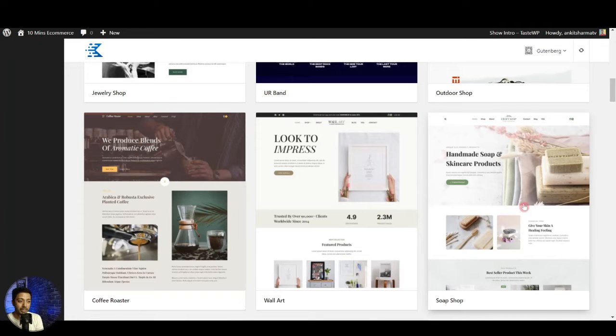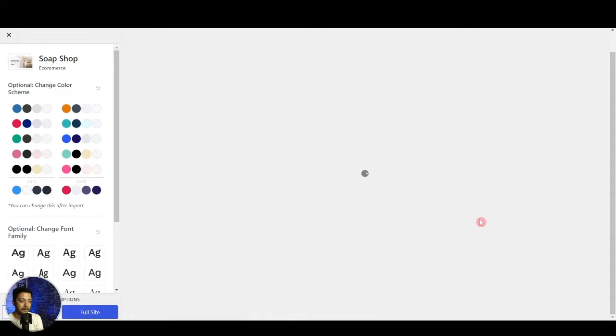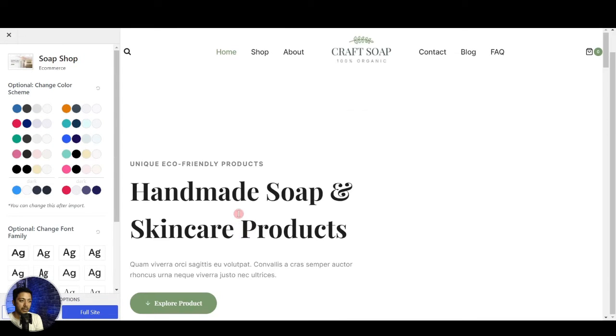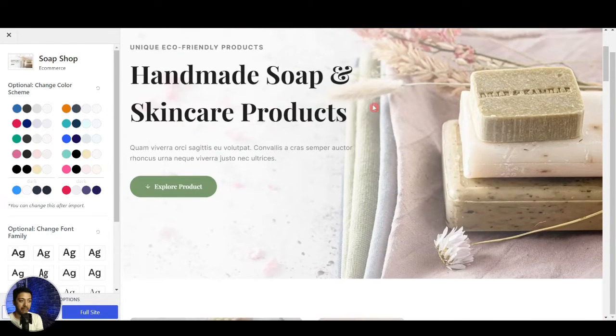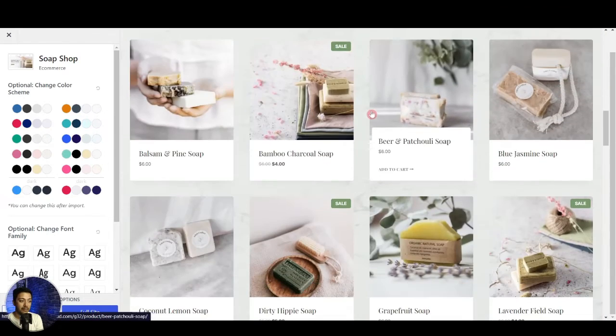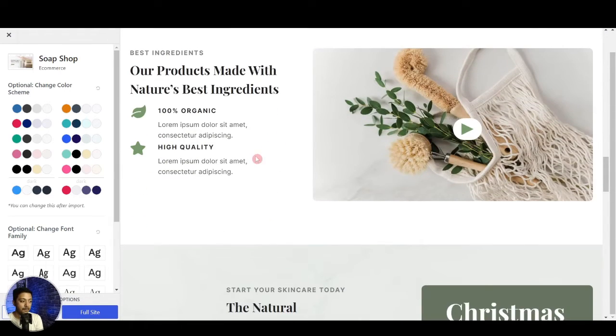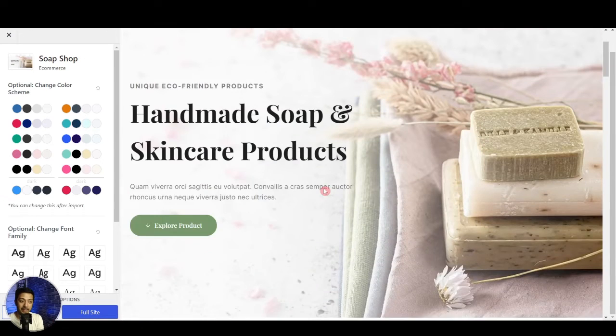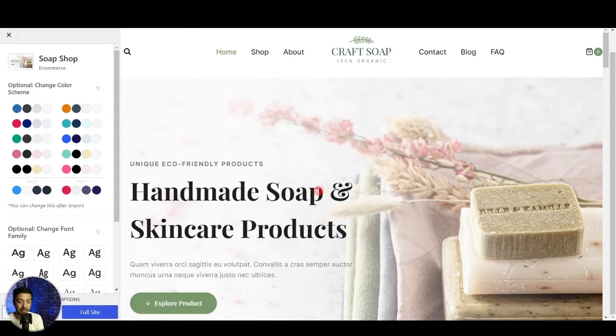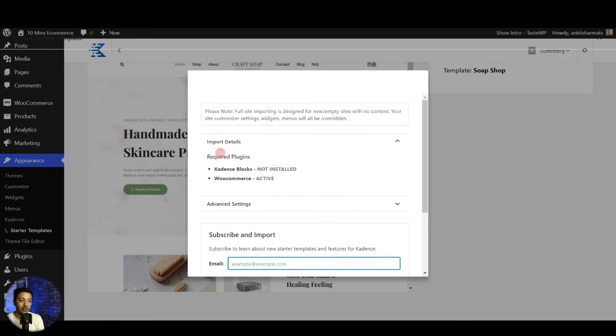So let's say we want to create this handmade soap store. If we click here, you can now see how this complete website is going to look. And you can see we have these sample products and a cool looking layout. And to add this complete design on your WordPress setup, all you have to do is just click on this full site. So once we click here, now in the import details,